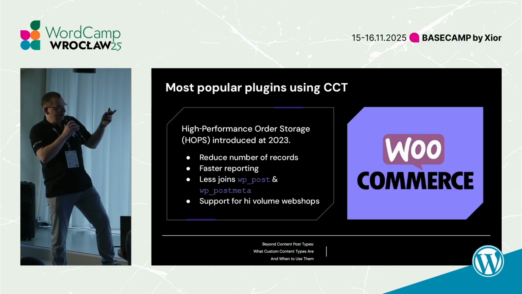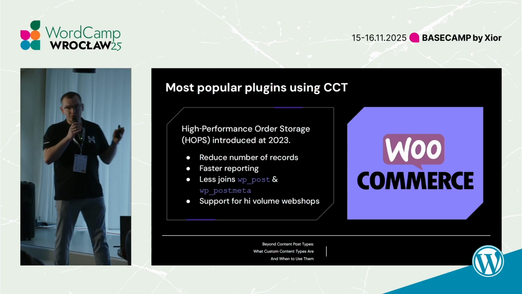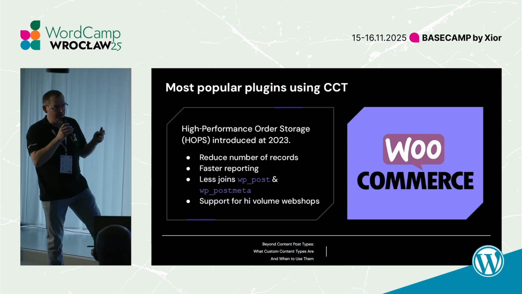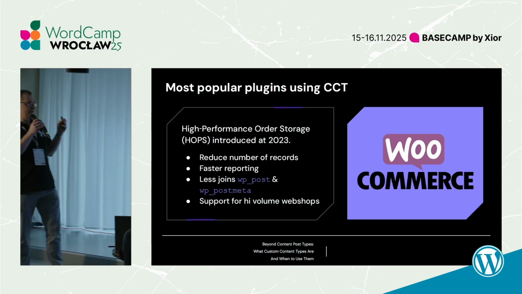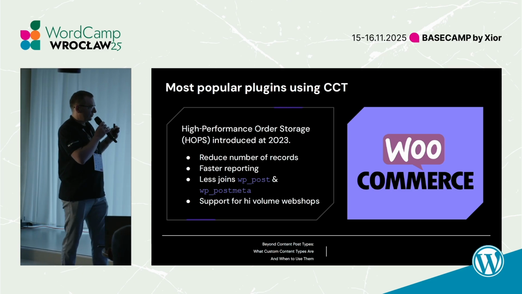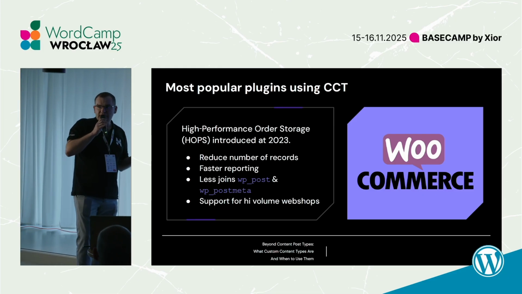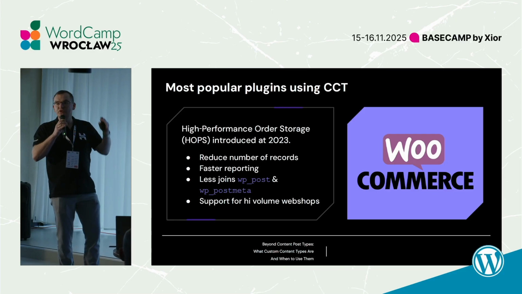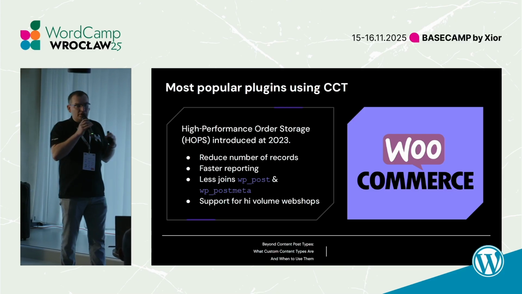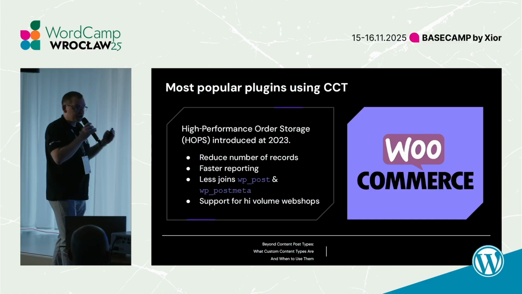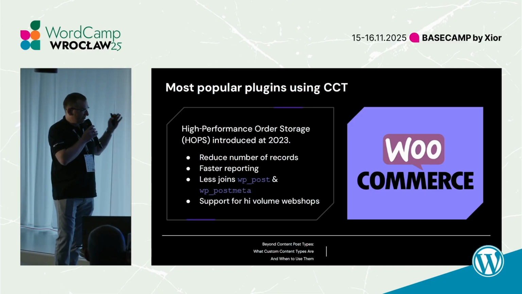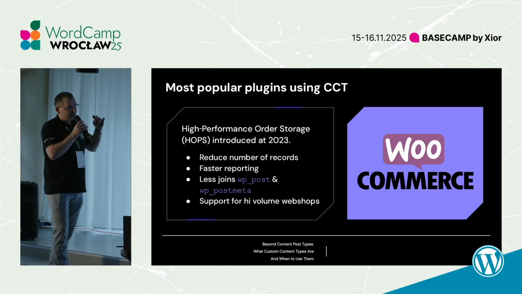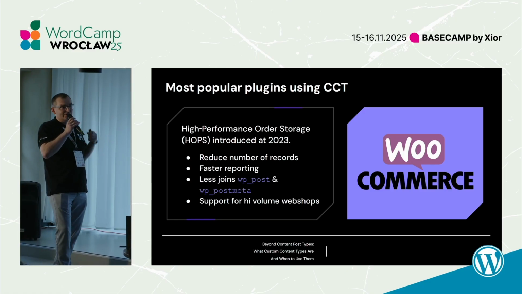The most popular public, perfect example is also WooCommerce. Why? Because in 2023, they introduced High-Performance Order Storage. What exactly was it? They moved the orders from the WP posts table to a separate table. What did they achieve by doing this? They reduced the number of records, and maybe you will be surprised, but it was about 90% of the records,